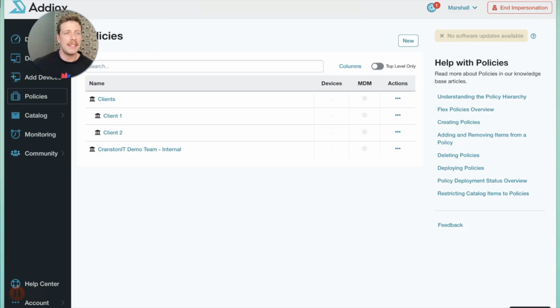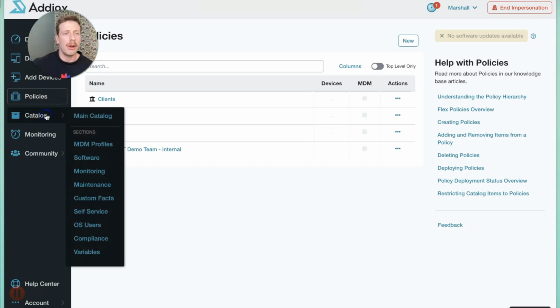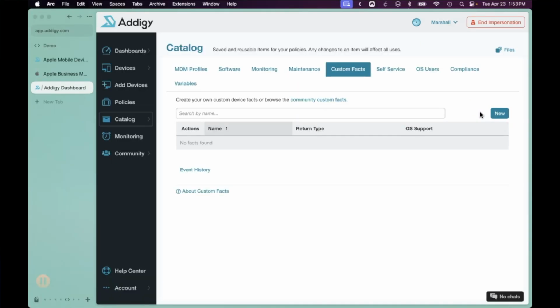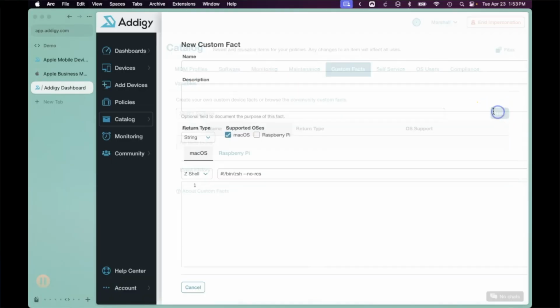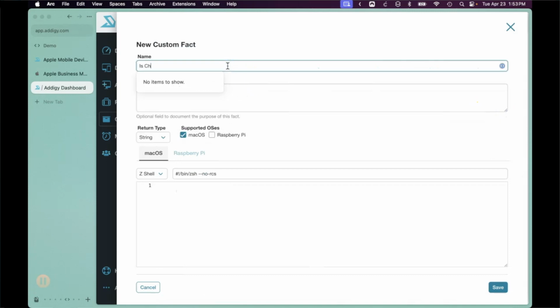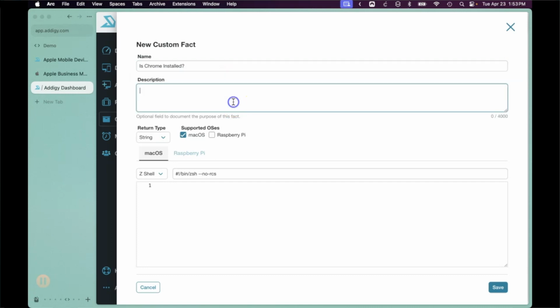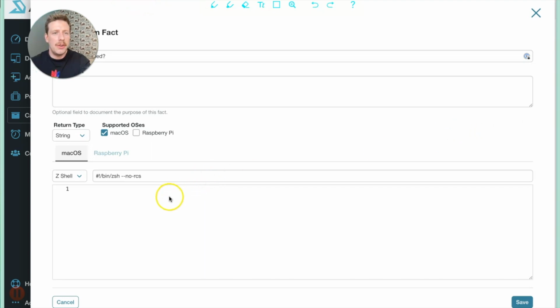The first piece of that is the custom fact. So what we're going to do is go to our catalog and custom facts, and we are going to create a new custom fact, and I'm just going to call it is Chrome installed? We're going to be using Chrome as the example for this. Then I'm going to switch this to Bash, and I have this very simple Bash script